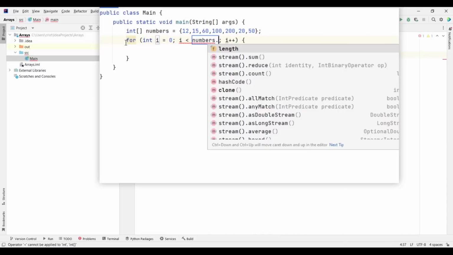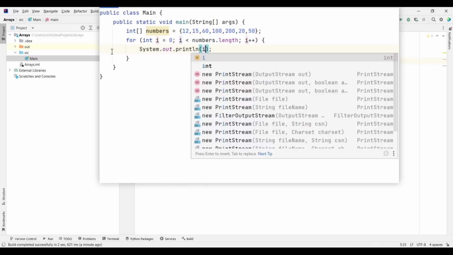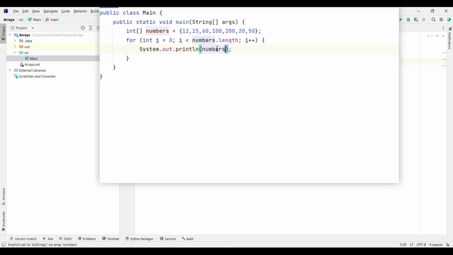So if I put length and press tab again, and here I will type SOUT, and I will print numbers at the index i. So we are going to get the numbers at the index i, but as you'll see, we'll have a problem with this code. So now if I run this,